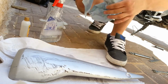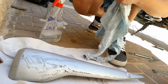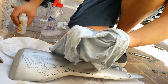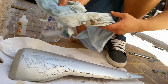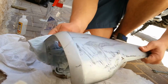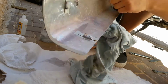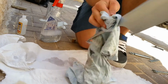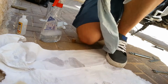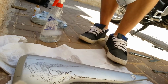The next step is to have a little bit of alcohol, like 70% alcohol, and do something like this. Put some alcohol on and sanitize it or sterilize it. You don't really need to sanitize anything. It's just a muffler. So I'm cleaning it just like this, and voila, it's clean. But using this,